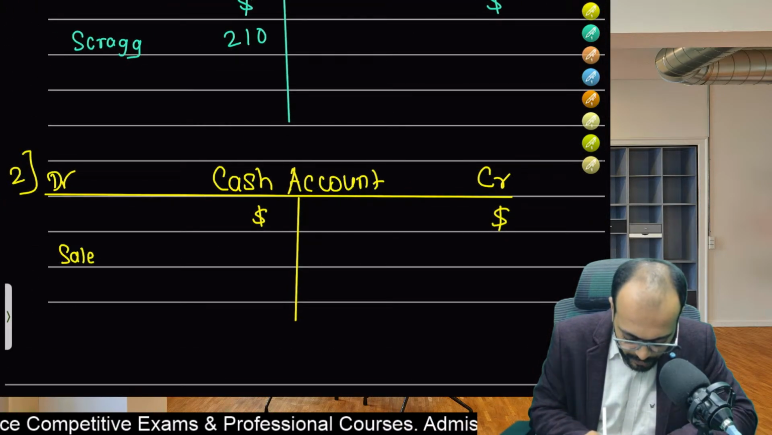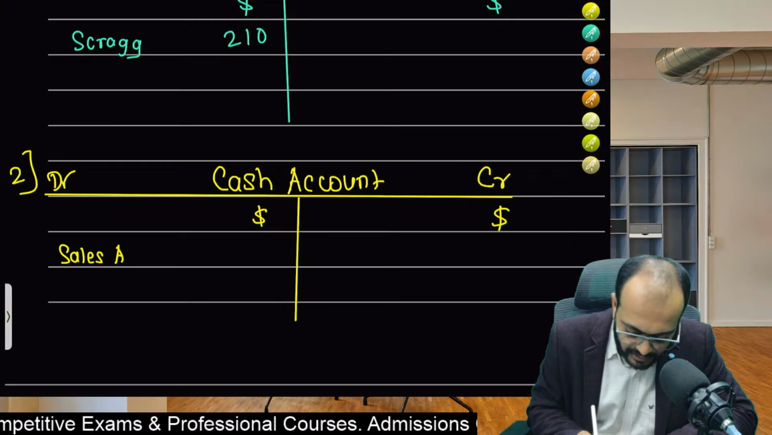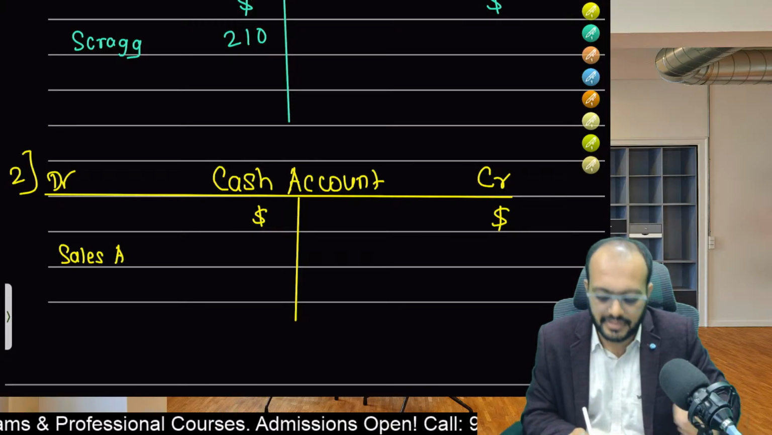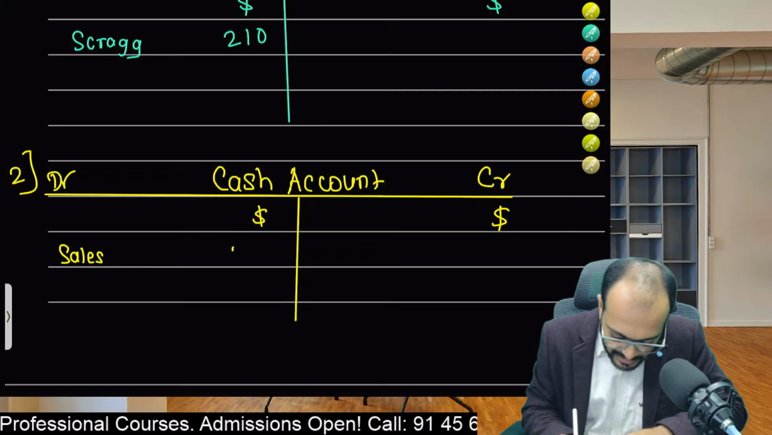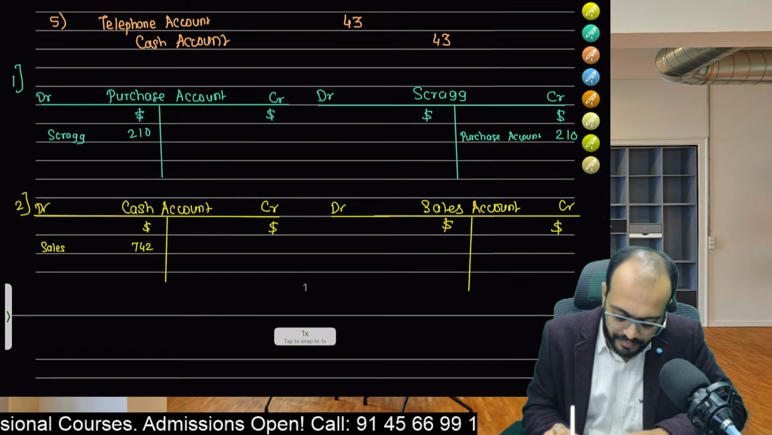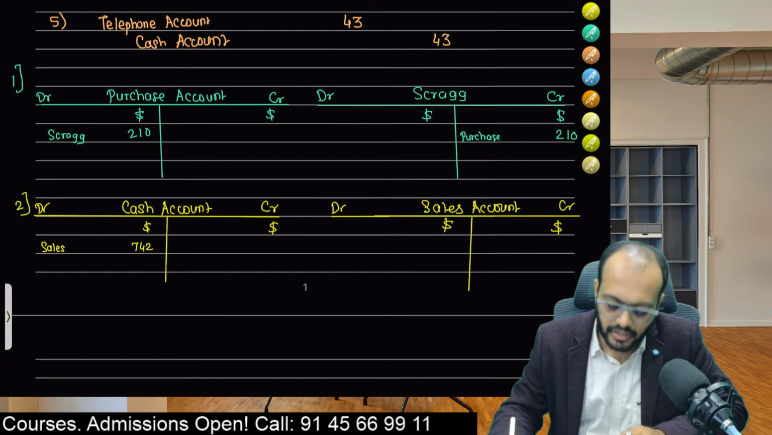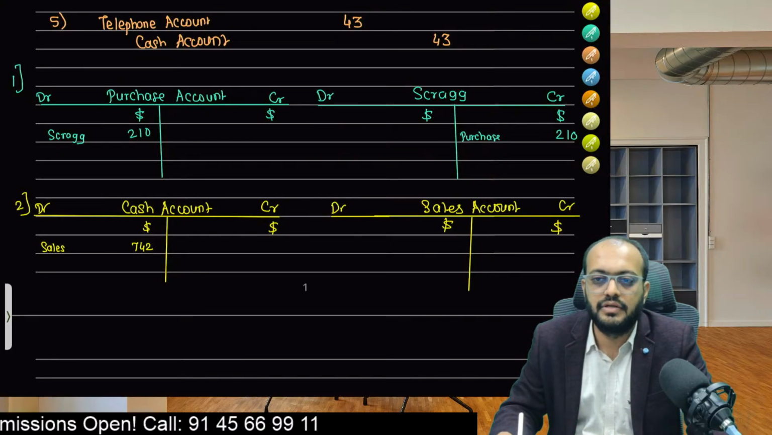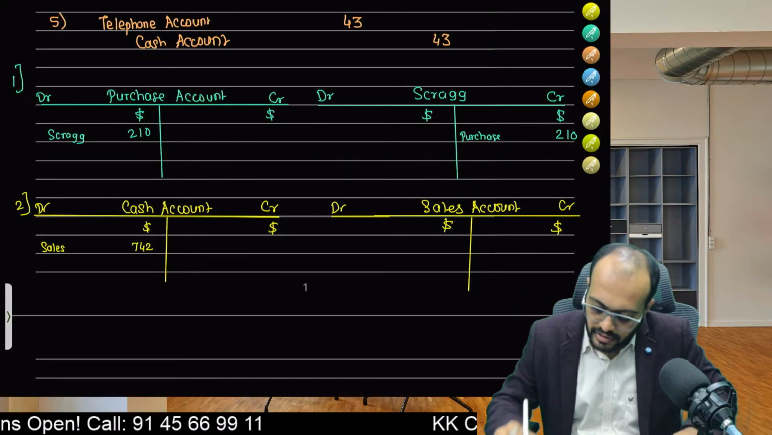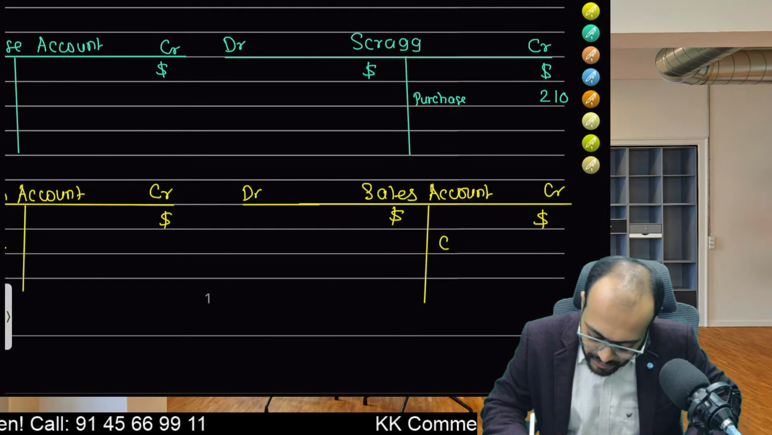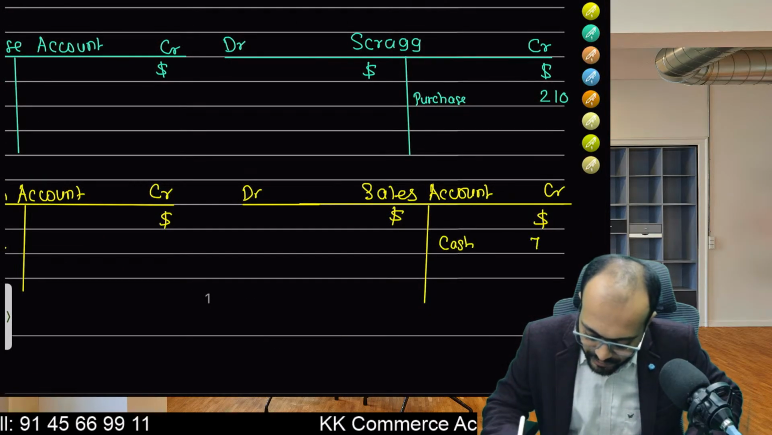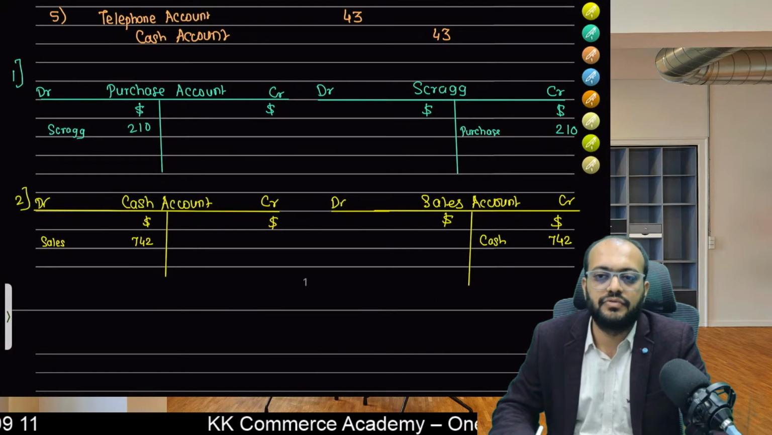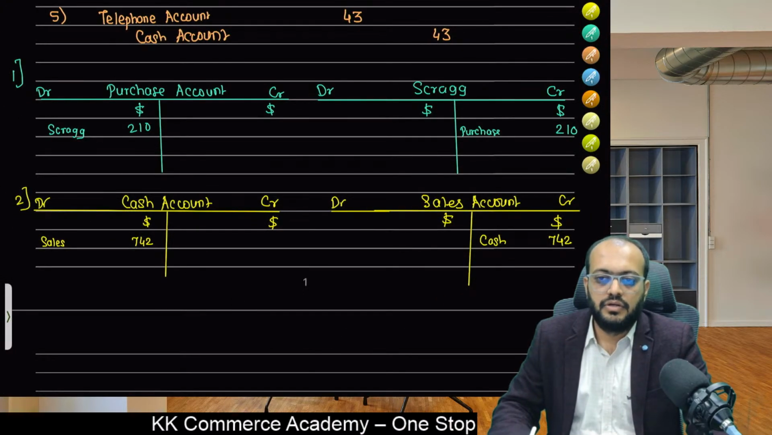Cash account should be debited with the opposite name, that is sales, amount is 742. Okay, and in the credit side of sales account, the name should be of the account debited, cash 742. Cash 742. Okay,